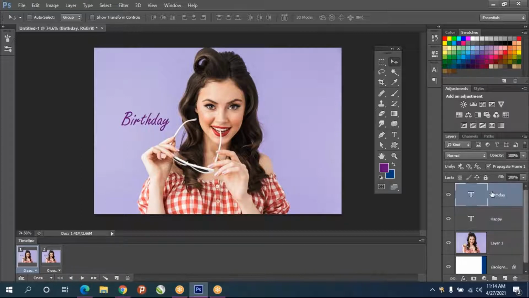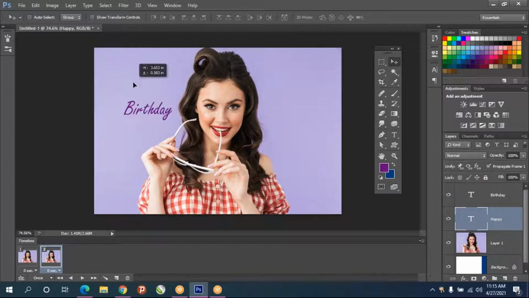Click on the birthday layer, and that also create out of the frame. In the first frame it is not there, in the second frame also it is not there. Now you go to the second frame. Now click on the birthday, you bring it here, and the happy also you bring it here. So in the first frame it is not there, in the second frame it is there.